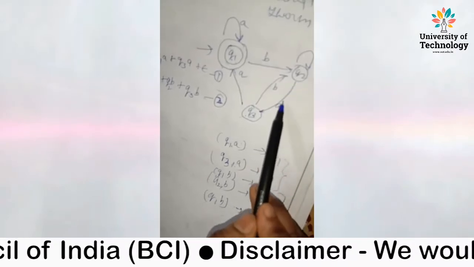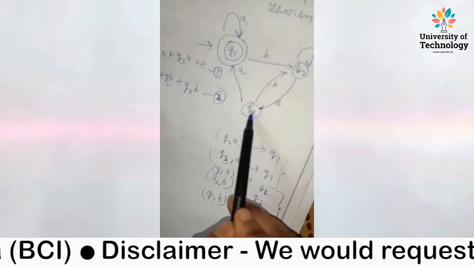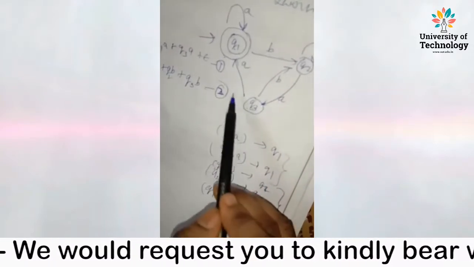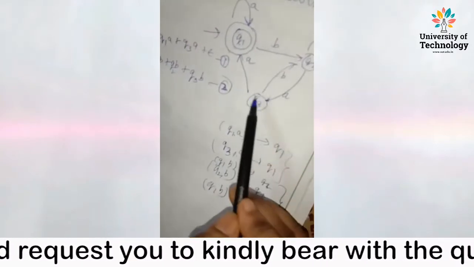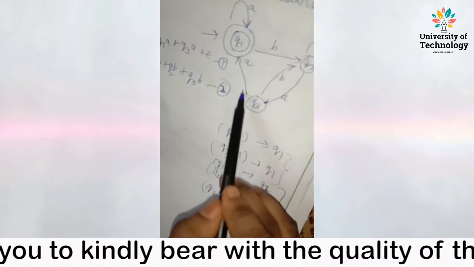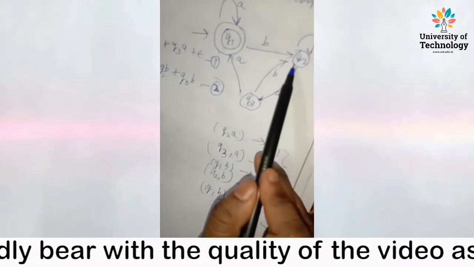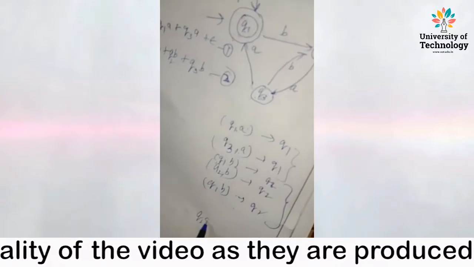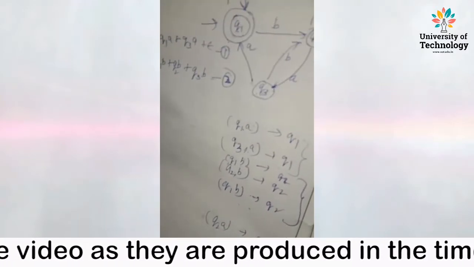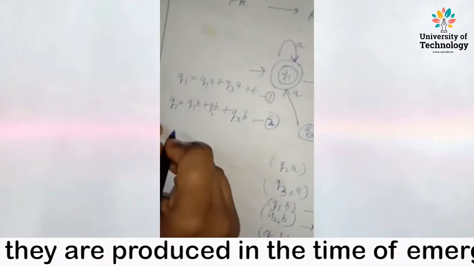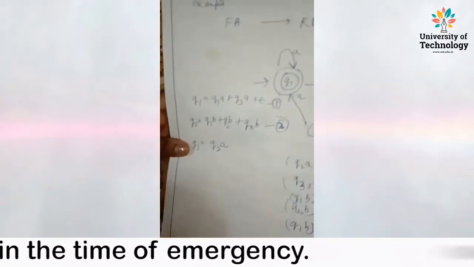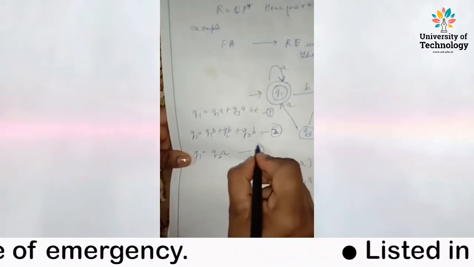Q2A. From Q2, if you take A input, you can reach Q3. Q2A, Q3. Is there any other way by which you can reach Q3? No. There's no entry over here. There's no other arrow towards Q3. Only one arrow is there, and that is from Q2. So you can write Q2A, then you can reach Q3. This is clear. So Q3 is equivalent to Q2A, right? And mark it as equation number 3.